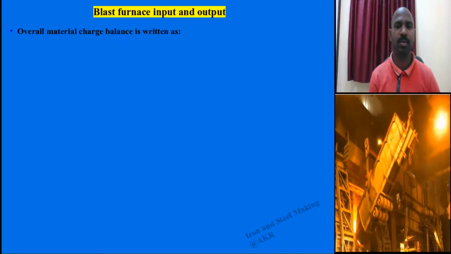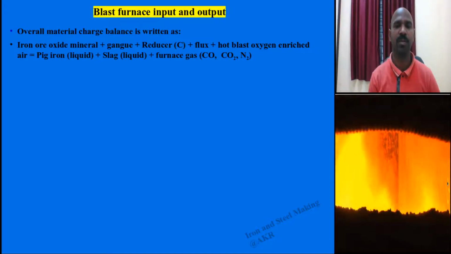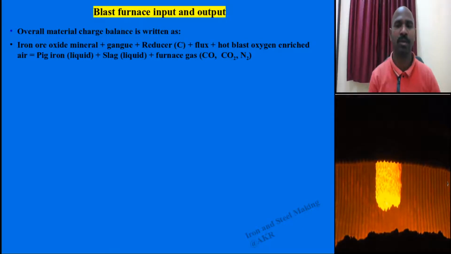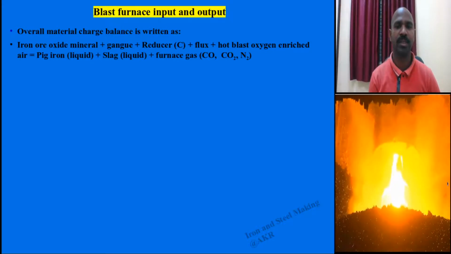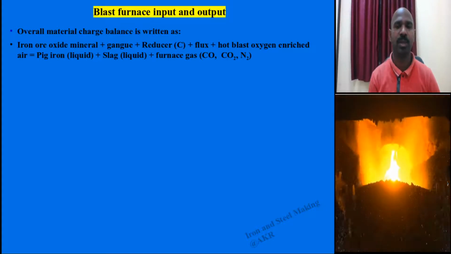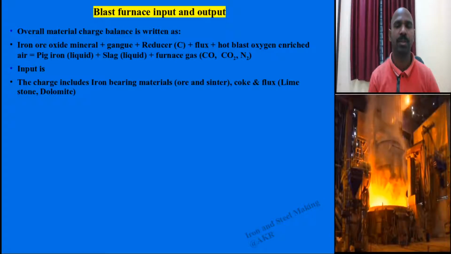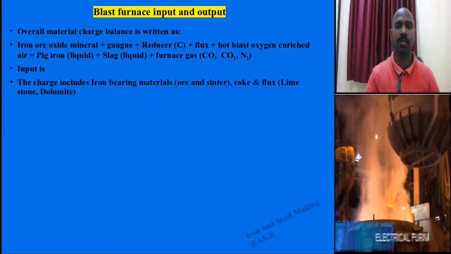The balance between input and output includes iron ore oxide mineral and gangue material impurities, and the reducer such as carbon that comes from the coke, flux such as limestone, and hot blast sent from the tuyeres. These are the input materials, and the output materials are liquid pig iron, liquid slag, and furnace gases. And finally, the input iron bearing materials also include ore and sinter, coke and flux such as limestone